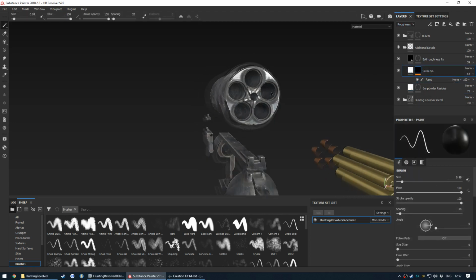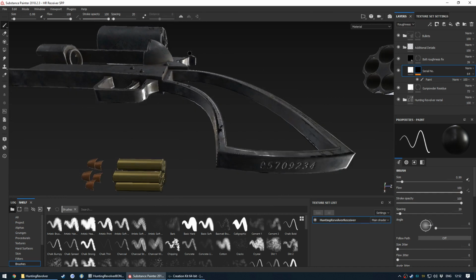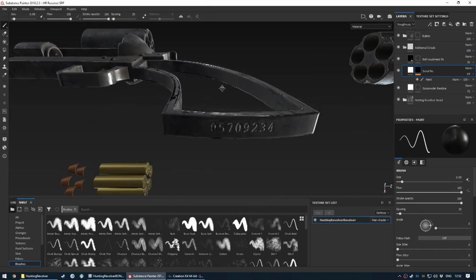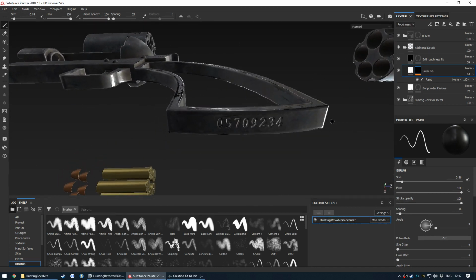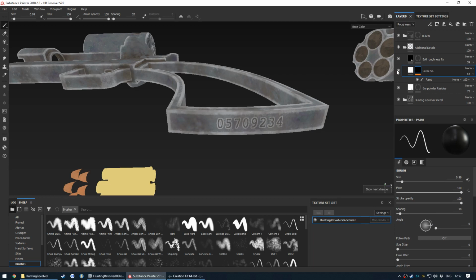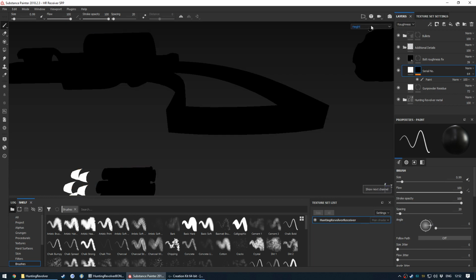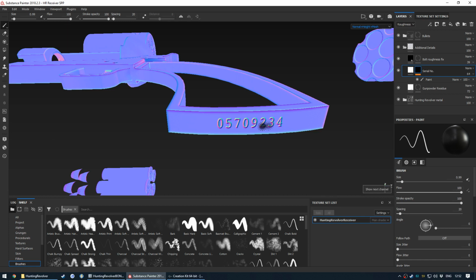But yeah, then we got the serial number, which, yeah, I did check the wiki to get this exact number, but this is the same serial number that was on the base of the gun in New Vegas. And what I did was I re-imported the normal. Go to combine normal. Then you can see that